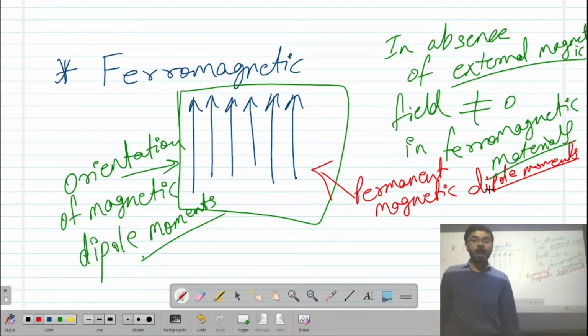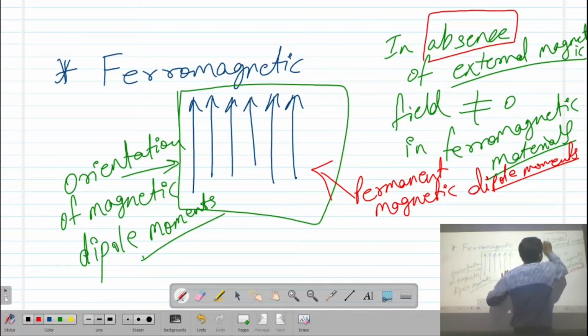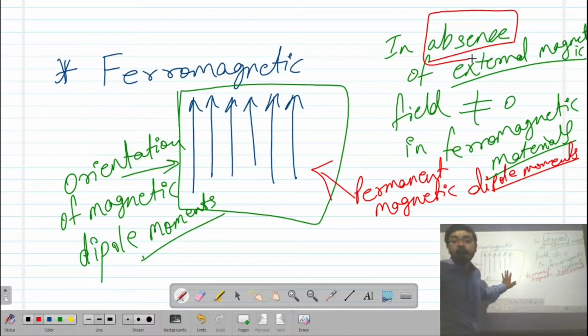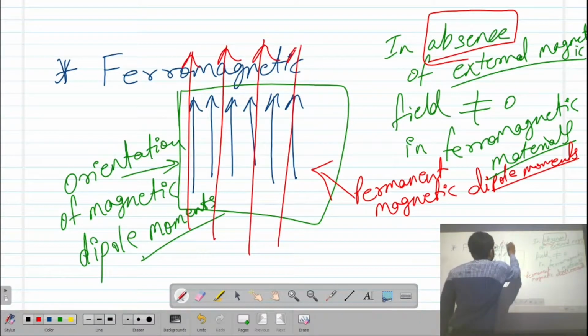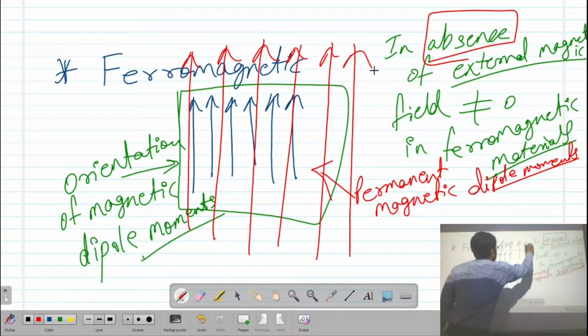Now, this is the case in the absence of external magnetic field. What happens when we apply an external magnetic field?